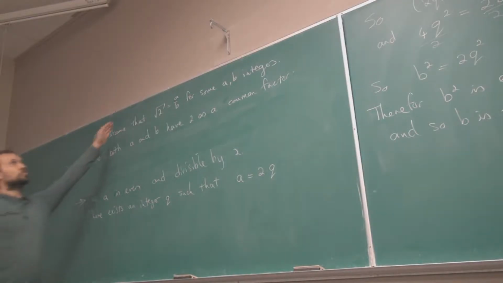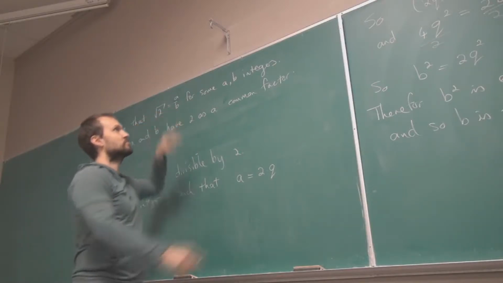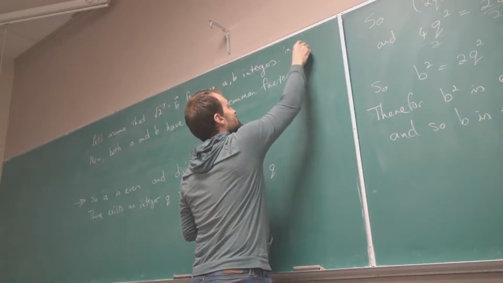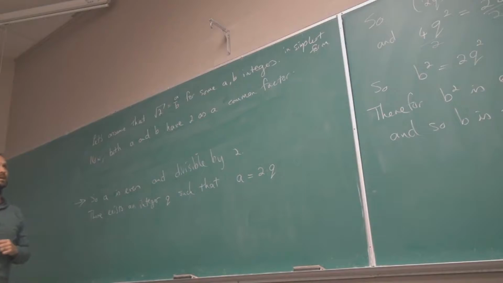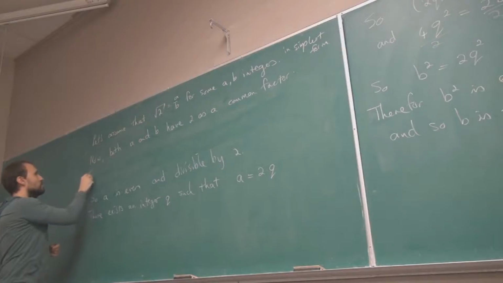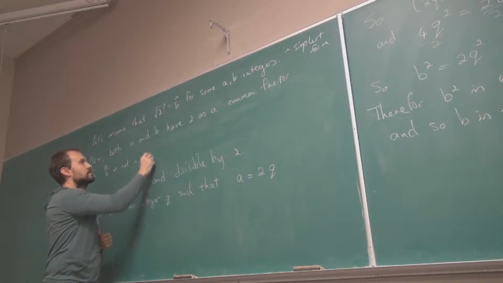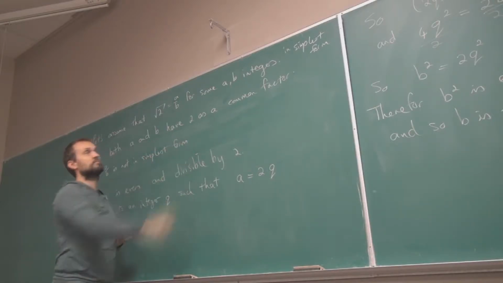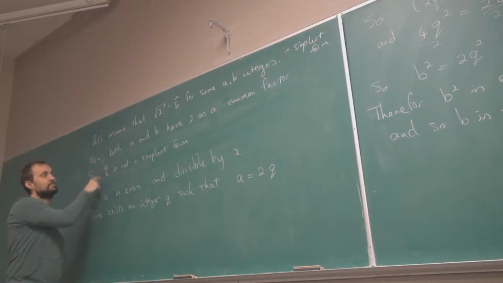And I can assume from the start here that whatever fraction representation I have of square root of 2, this is in simplest form. I need it simplified already as much as I can. But now I found that they have a common factor, 2. So A over B is not in simplest form. I can simplify it further. Now here's the little thing that might present some problems.